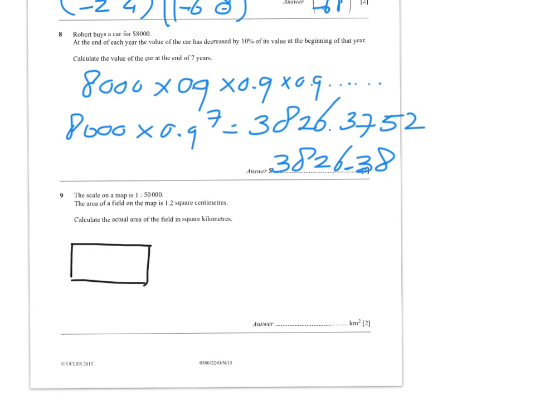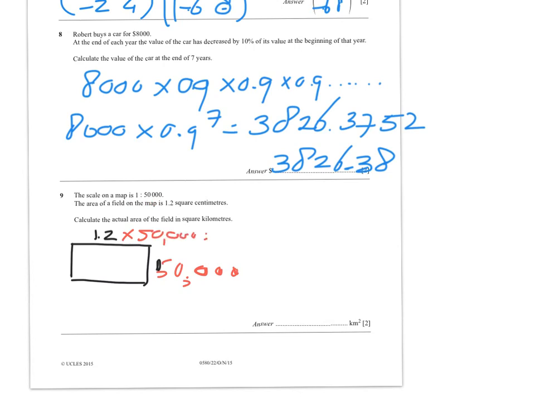That's going to be my map, and the area of the field is 1.2. So that would be 1 centimeter, and that will be 1.2 centimeters, because that will give me an area of 1.2 centimeters on my map. Now in real life, this 1 centimeter is actually 50,000 centimeters. So I'm going to change that now to 50,000 centimeters. And the 1.2 centimeters on my map, I times that by 50,000 to get the actual amount of centimeters in real